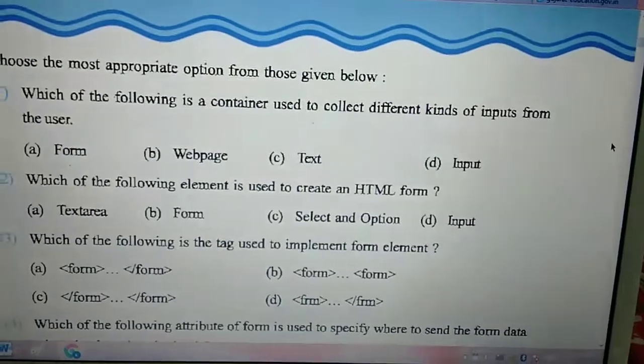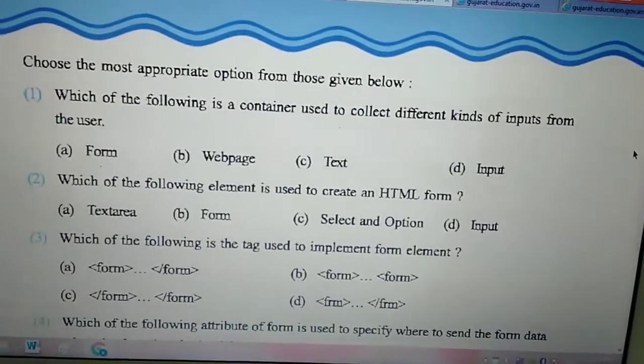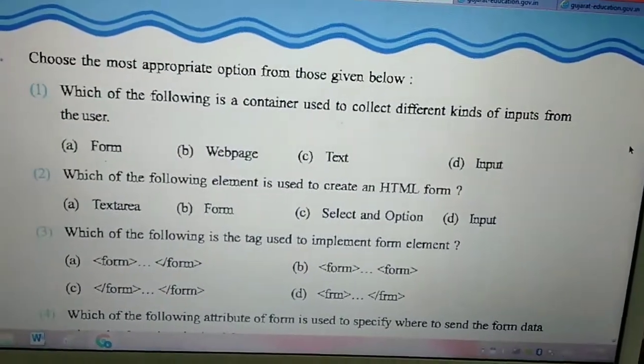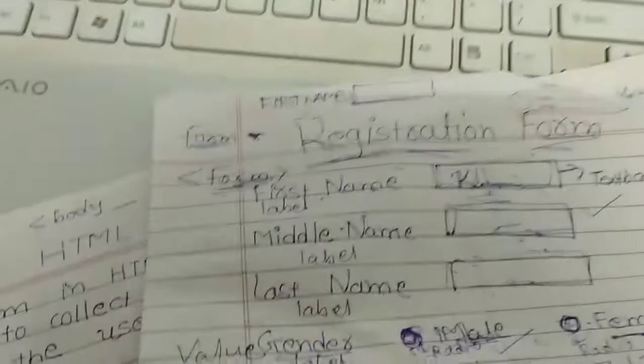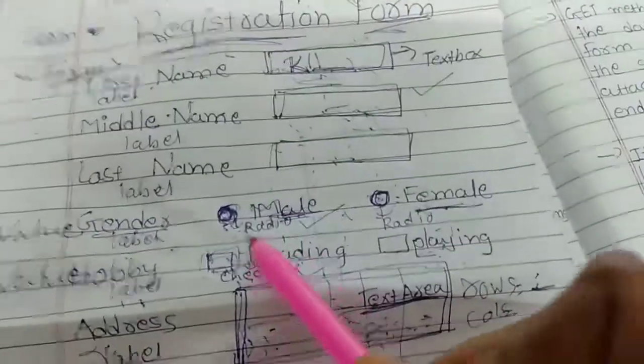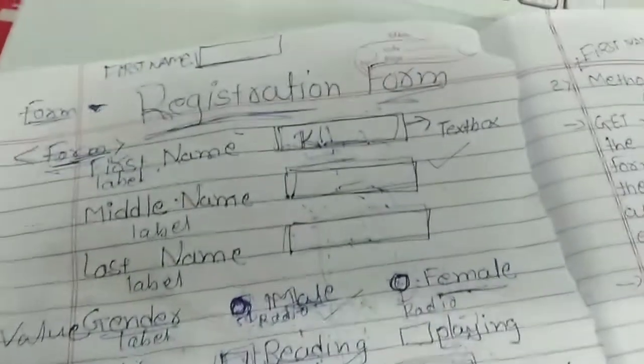Input means what? Computer works on three basic principles, that is IPO: input, process and output. Input means, as we have already learned in the registration form, there is first name, middle name, last name, gender, hobby, address, city, submit button and reset button.